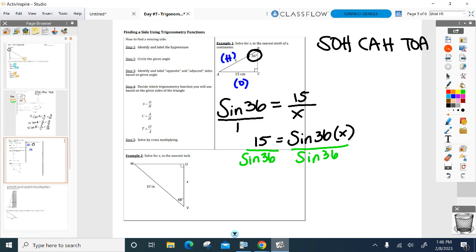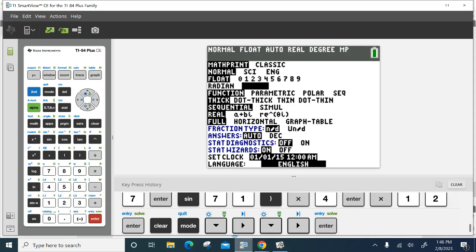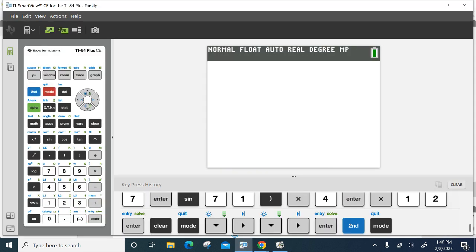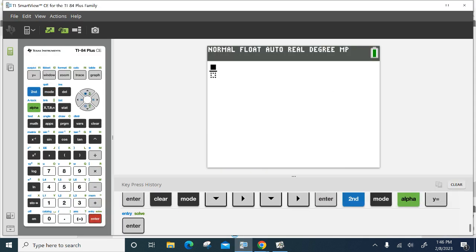So everyone's in degree mode. You don't have to go back there ever again now. Okay. So now to figure out what x is going to be equal to, we say x equals, now I go to my calculator, fraction template, right? 15 over,